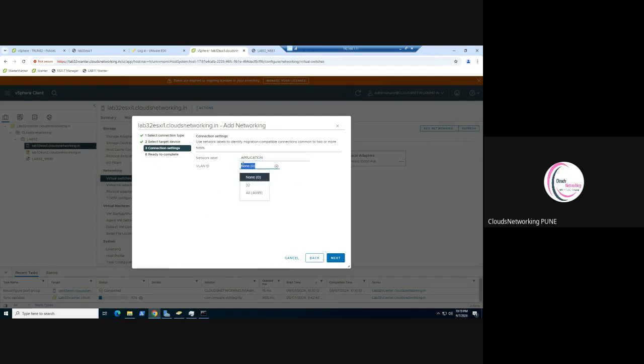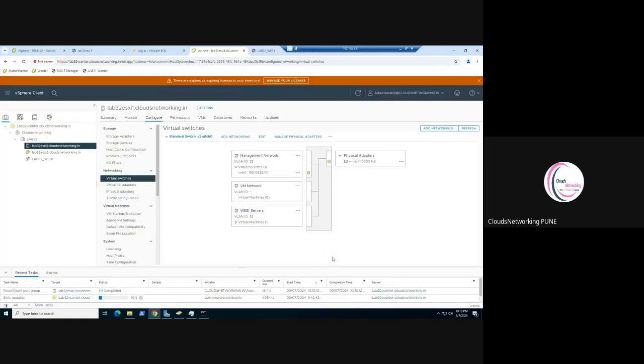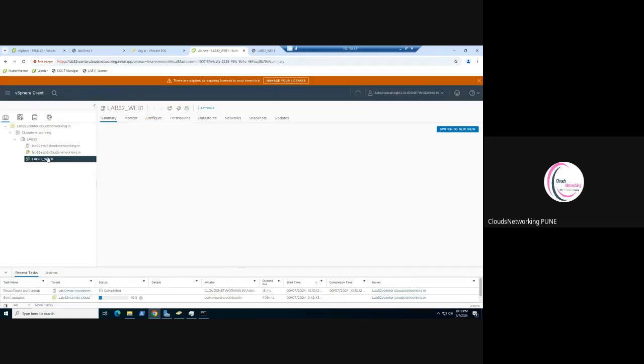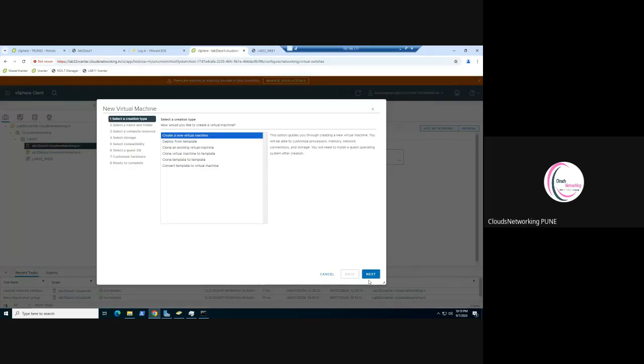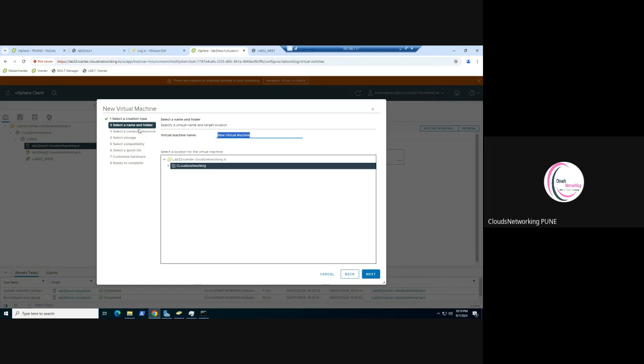Okay. And here I'll use tagging as 132. Next, finish. Now let's have a new VM here. Right click. I need a virtual machine. Create a new lab 32